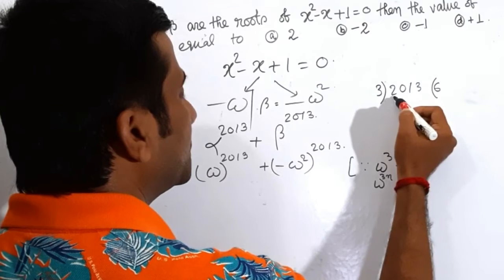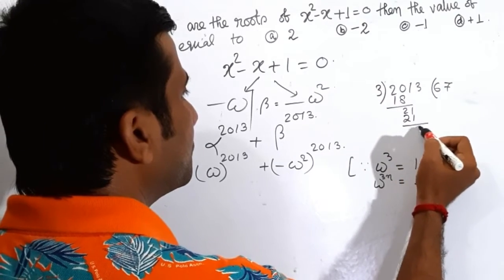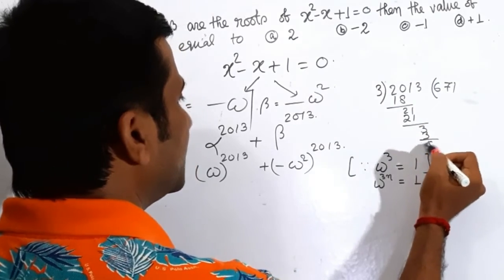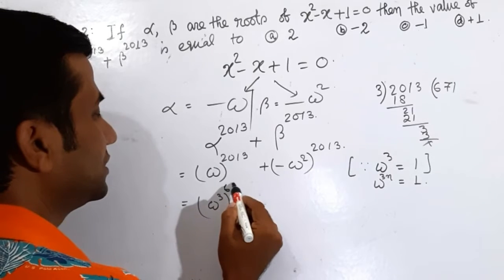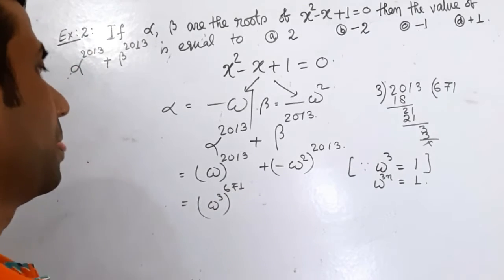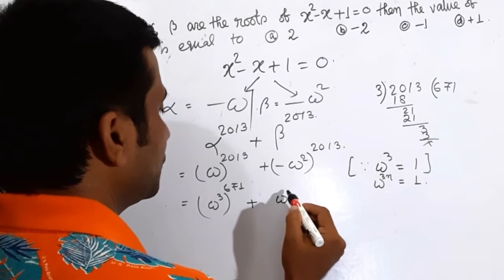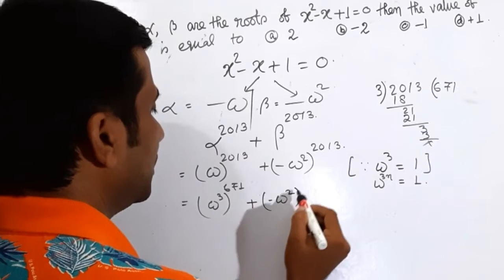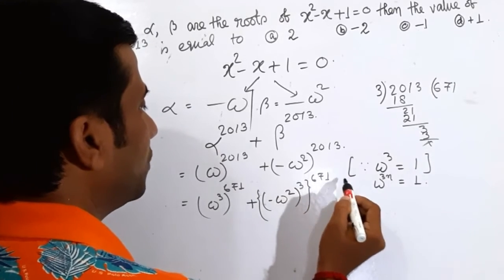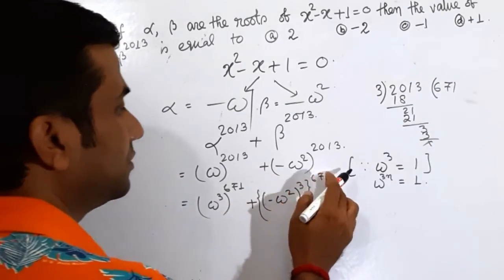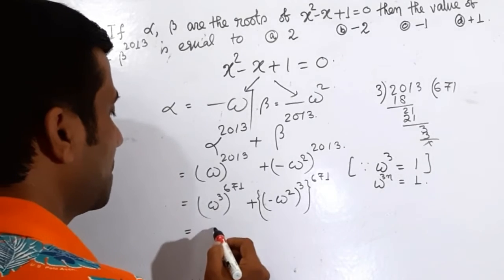that means three ones are 3. That means omega cube whole to the power 671. And this is also minus omega square whole cube to the power 671. That means 671 into 3 is 2013. So this is equal to,